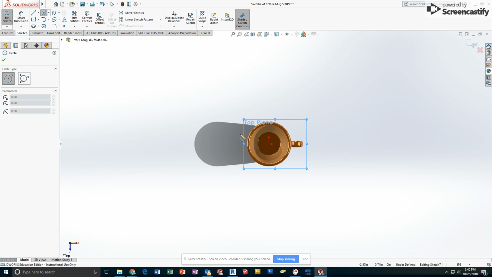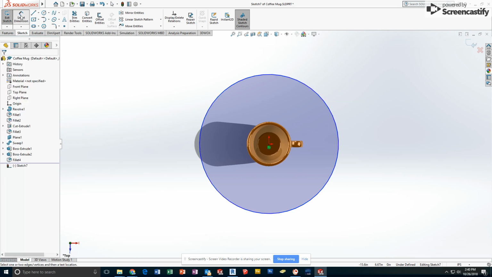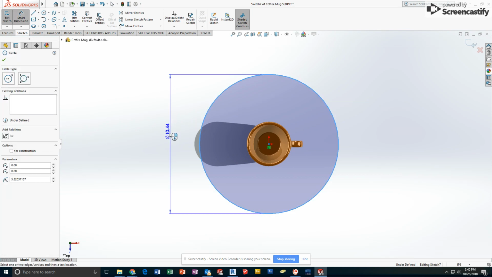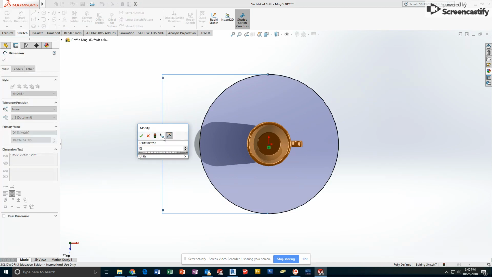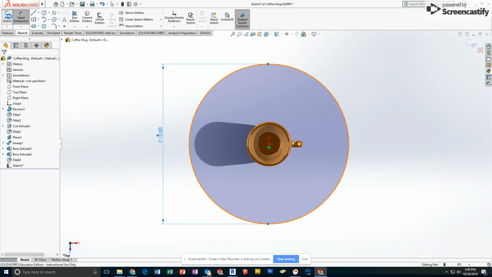I'm going to click the center point circle, start my circle at the origin, pull outside the mug. The circle then gets smart dimensioned as a 12-inch diameter. I'm going to use this now to create a spiral around the mug. I will exit the sketch,